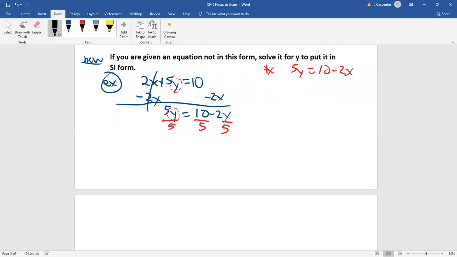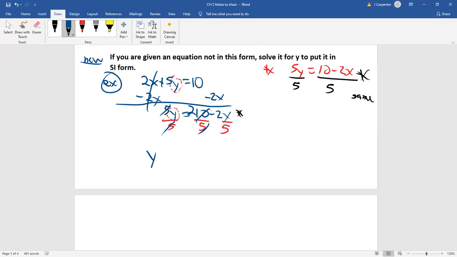I'm going to change colors just because I don't want to have to do that again. This is the same exact thing as this. Dividing the entire right side by 5 is the same as splitting up the division. But if you do it this way, you're probably likely to want to say, oh, this 10 and this 5 reduce to a 2 and a 1, and that's wrong. They don't reduce to a 2 and a 1 in that form. You cannot do that. But when they're split like this, you can. These 5s will cancel. This 10 and this 5 do make a 2, and then you leave that piece with the x alone.